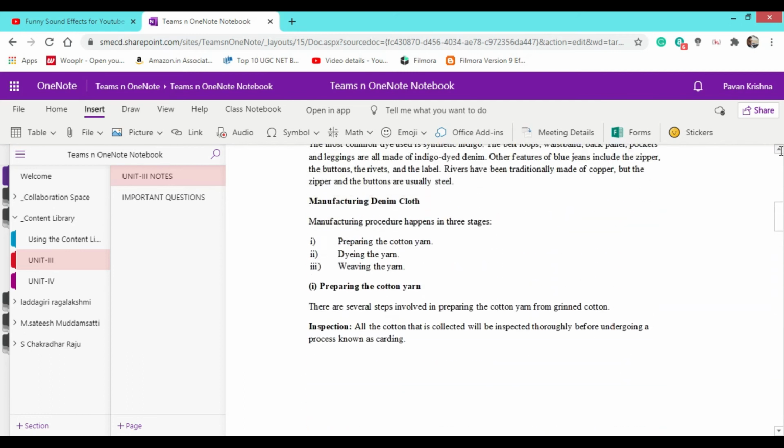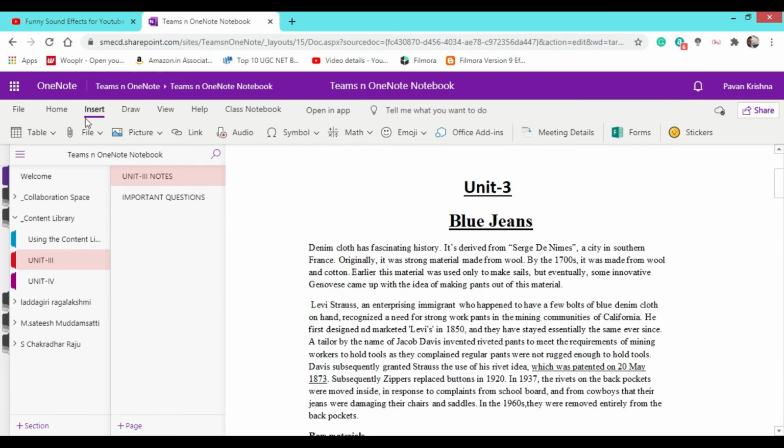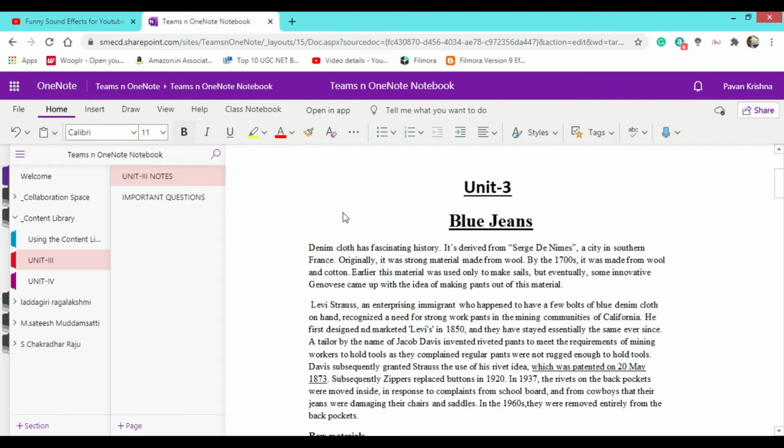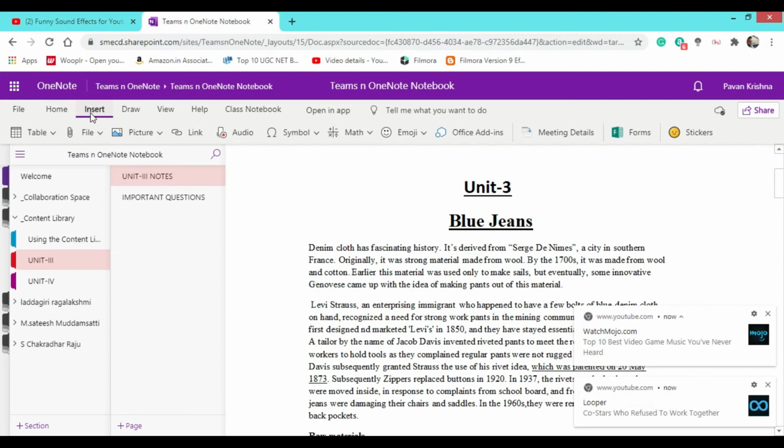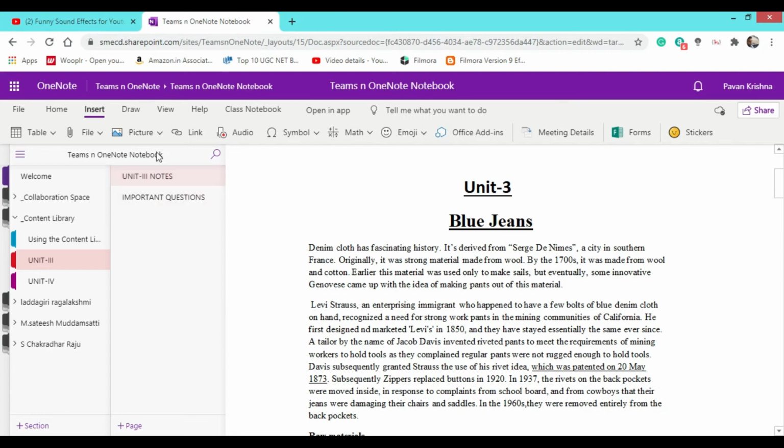Now whenever you're here, you're welcome to type in and do all this stuff. And for insert, there are multiple options where you can insert a file or the picture or the web link of a particular document. You can insert many of the other file formats here.